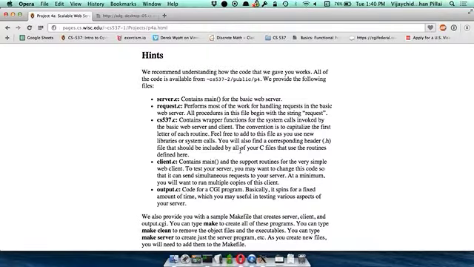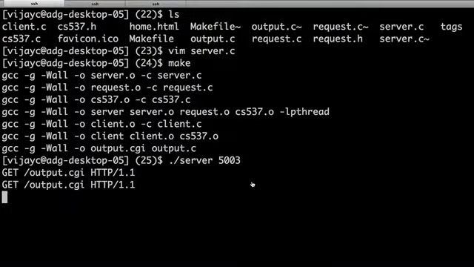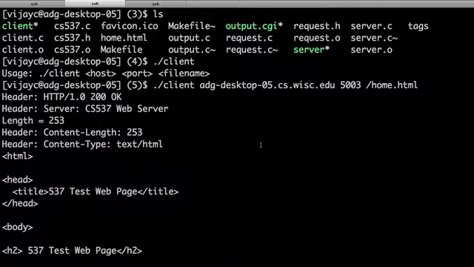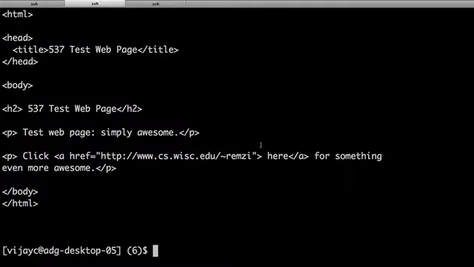Client.c is what we just use to communicate with the server. It just sends a request to the server, and whatever response it gets, it just prints on screen. This is serial code, so it only does one thing at a time. So you want to make it so that it does multiple requests at the same time, right? One way of communicating with your web server is through this program. Another way is through your web browser, because it's also just a client for a web server. But things like spinning up 100 requests will be easier via this than via your browser. So that's why you have the client.c.